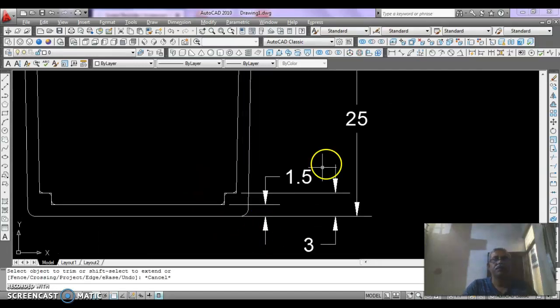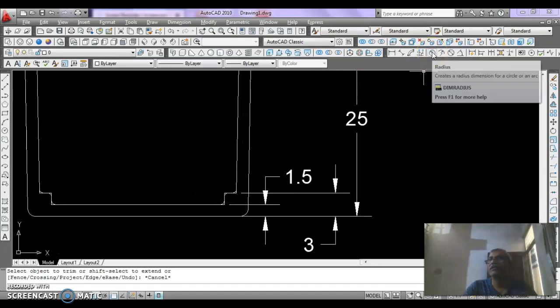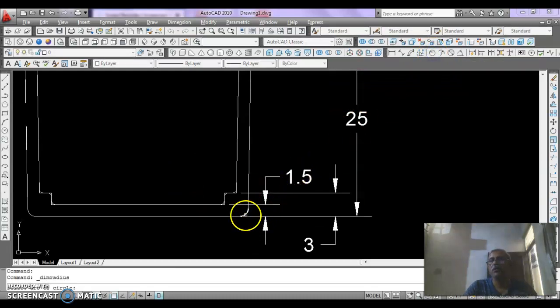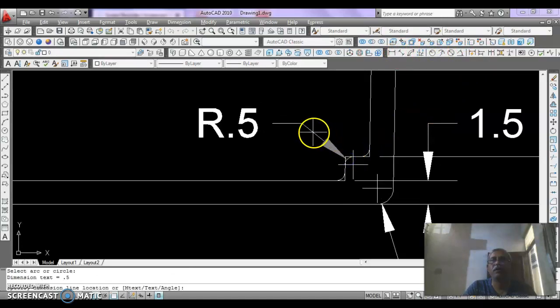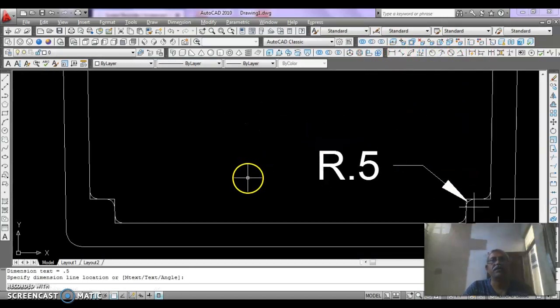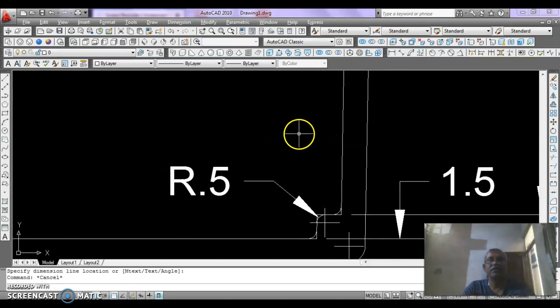Now we also mention the fillet. This is the radius tool, and you just mention the radius of the filleted area. You just mark the radius for all the radiuses, and then